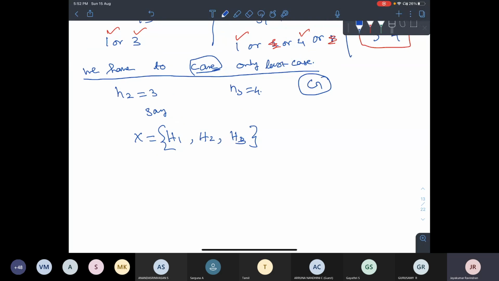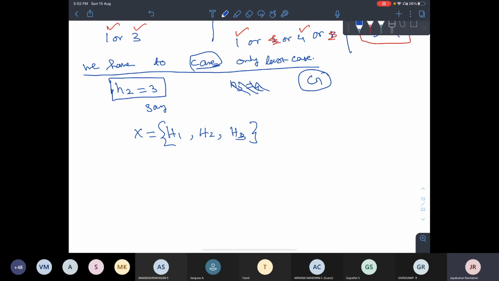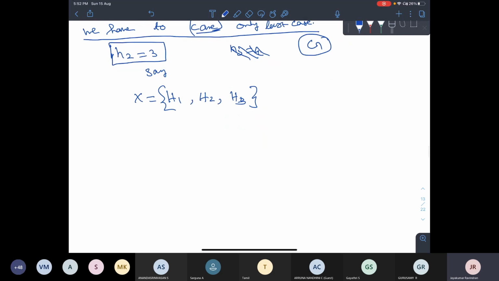For the group action method, I go for the smaller number again. For the counting method, I go for the bigger number, but for the group action method, I will go for the smaller number. When N2 is 3, forget about this guy. When N2 is 3, we have 2 Sylow subgroups, and the order of that is nothing but 2 power 3, that is 8. Okay, remember, it's not just 2, it's 2 power 3.